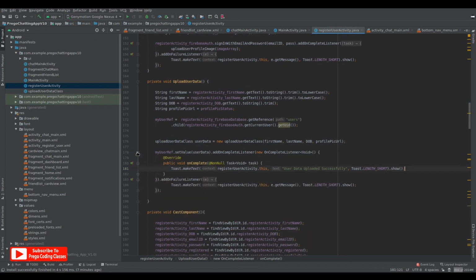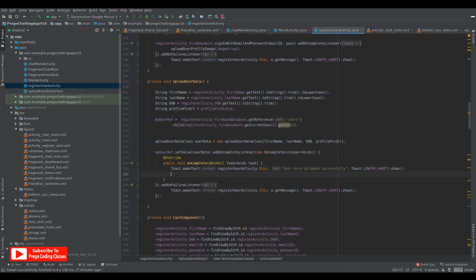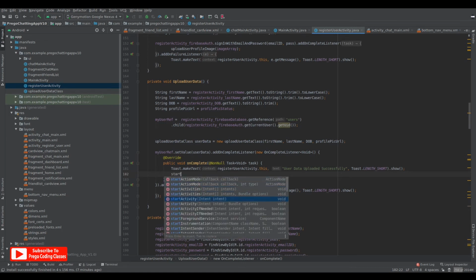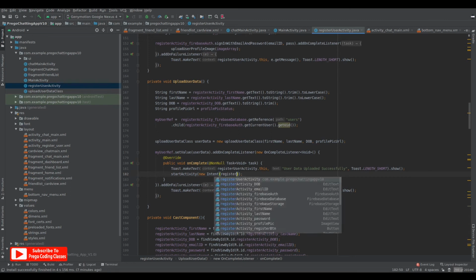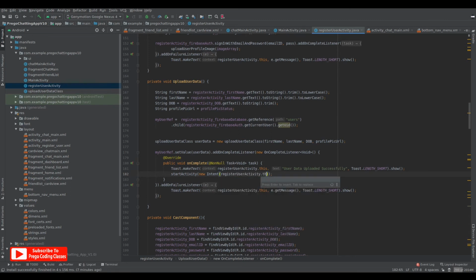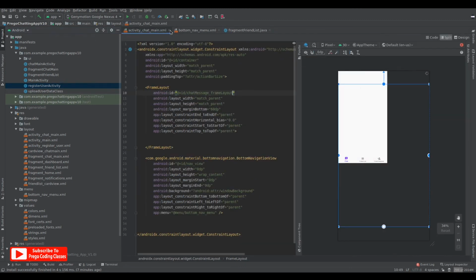What happens is you just go to the chat main activity. So start activity, new intent, RegisterActivity.this to ChatMainActivity.class, and both ways we'll test it. Let's see how it works. So let's close all the tabs, we can open them when we need them.